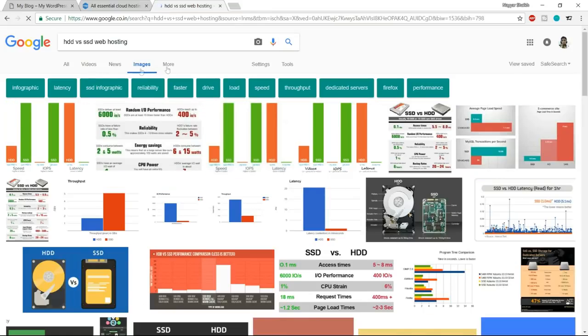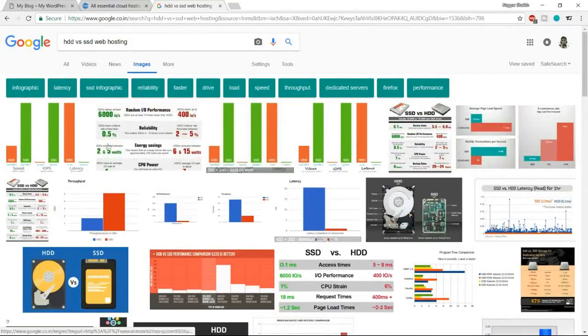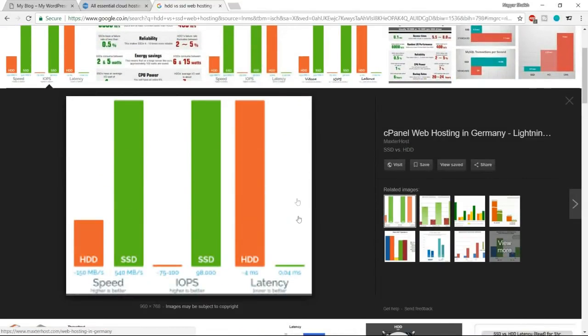What I do is I always click on images so that we can see the result in visual form. For example, if you see over here, there are 3 different criteria given over here. The first one is speed, and the orange bar over here represents HDD and the green bar represents SSD. Now the first criteria over here is speed, and at the bottom it says higher is better. Now you can see the difference over here. SSD is just way more higher than the regular HDD. Now this is the speed. Obviously we want higher speed. Now sometimes SSD space is up to 30 times faster and higher than the regular HDD space which other companies